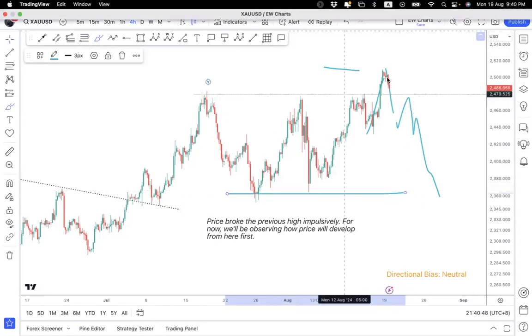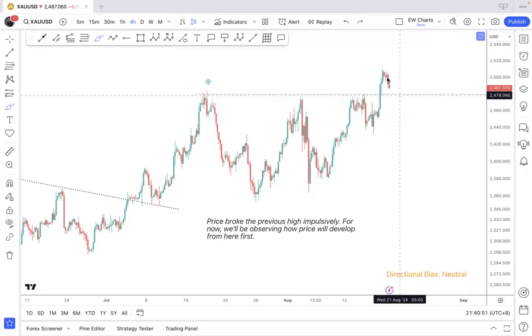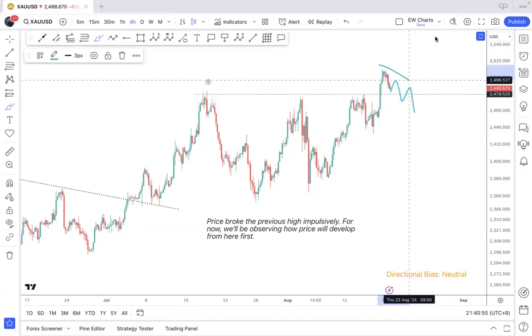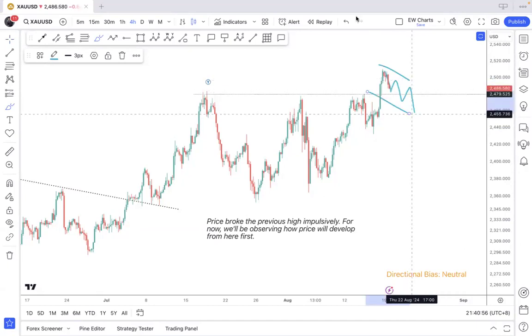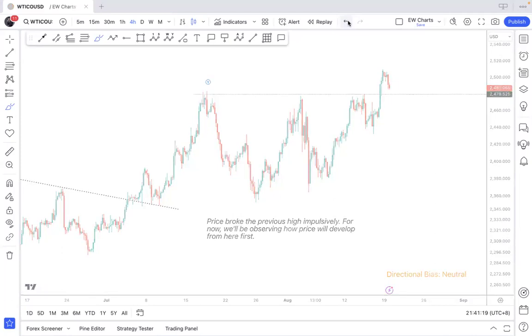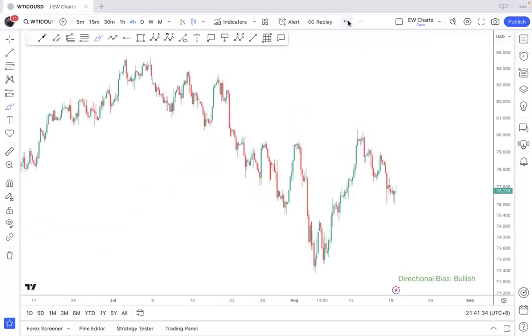Okay, so you want to be patient. Wait out for that confirmation. Of course, if the market just decides to come down correctively, then that will open up more upside, right? So at the end of the day, things like that, you probably just want to give it some time, see how price is going to develop moving forward. Maybe take a couple of days. When you get a clear pattern structure, then only will you commit to a particular direction, that will be more conservative and that will be safer.